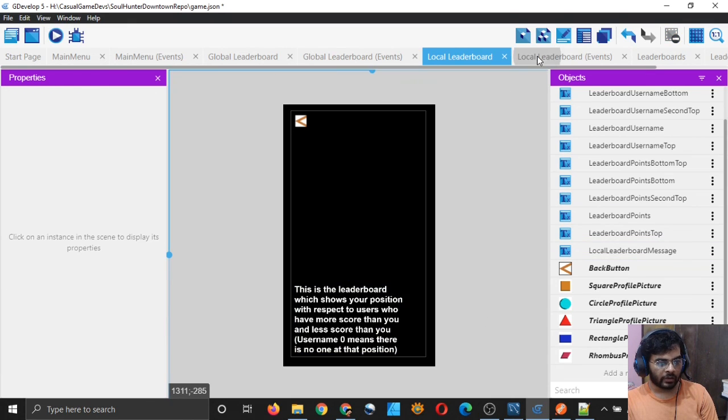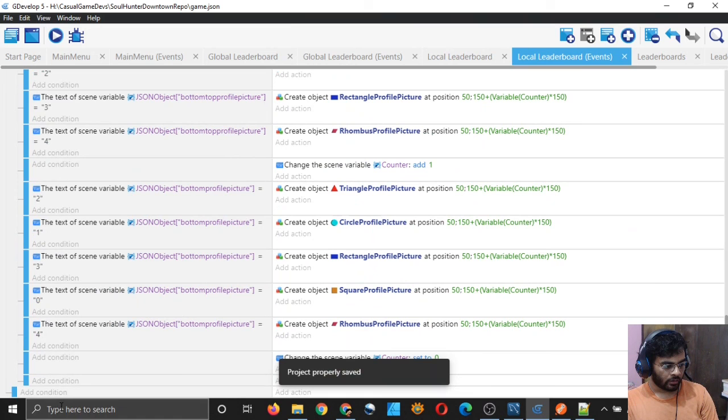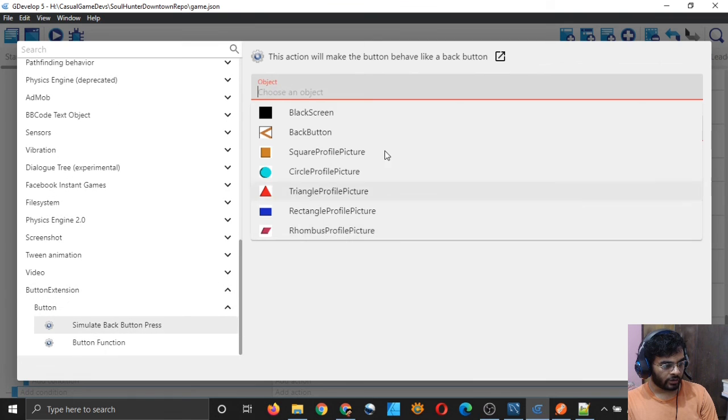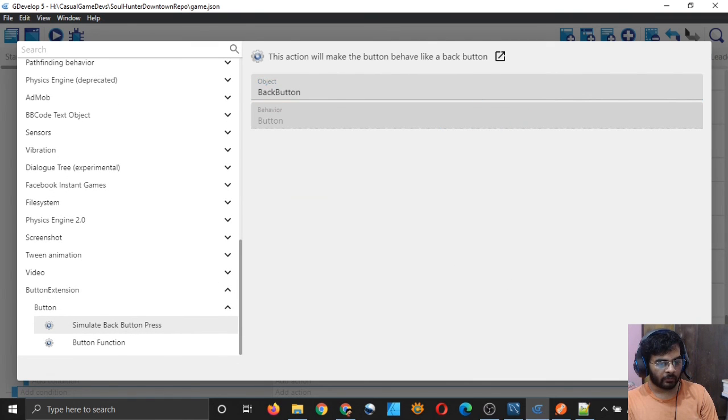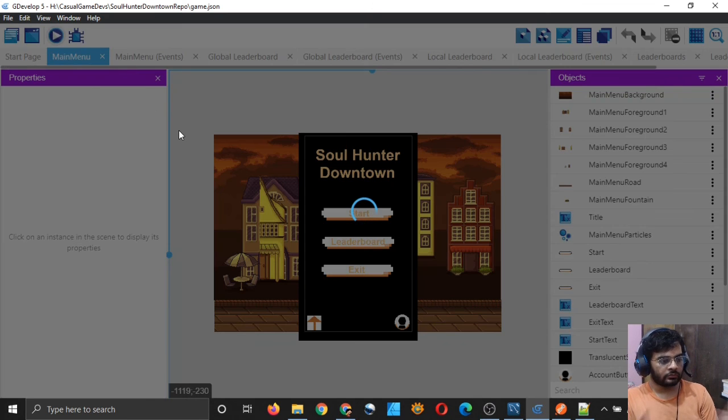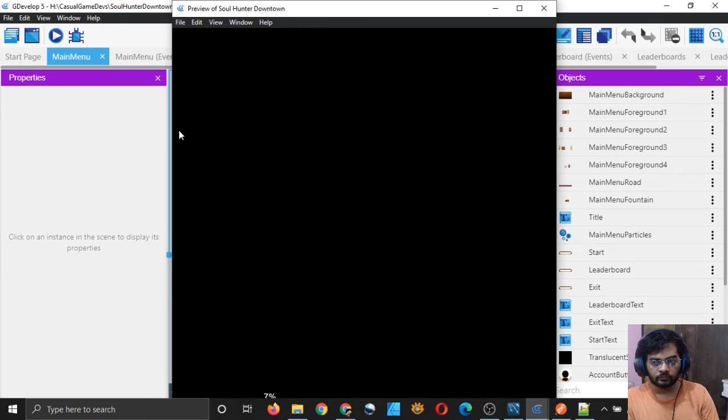And let's simulate the back button also. Without any condition, just add an action. Go all the way to the bottom, button extension, button, simulate back button press and choose your back button. Click on OK. And one more test just to confirm if it is working properly.